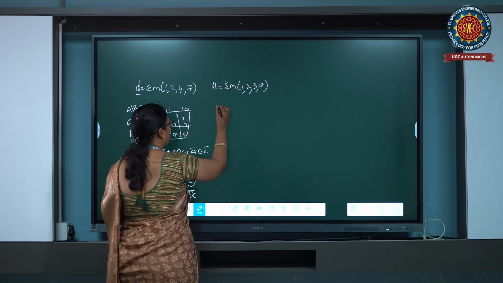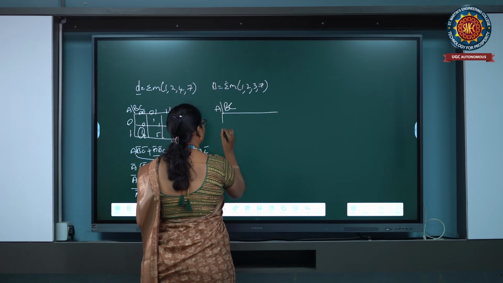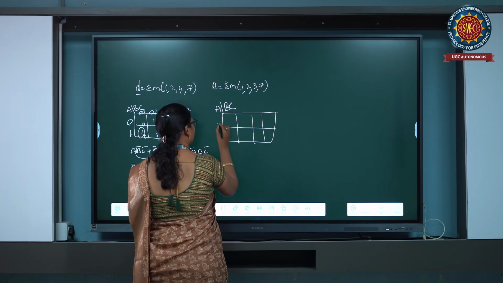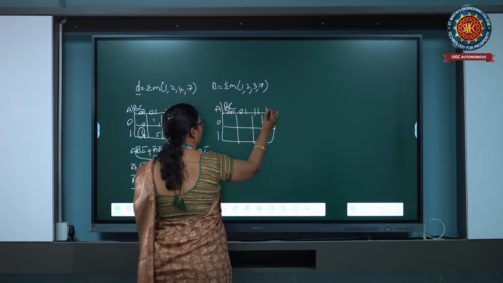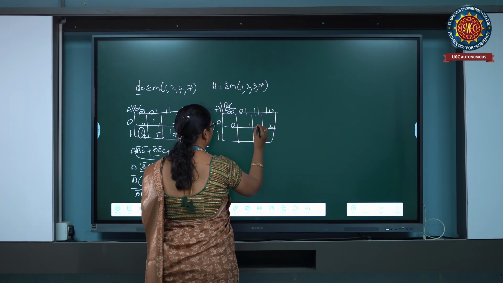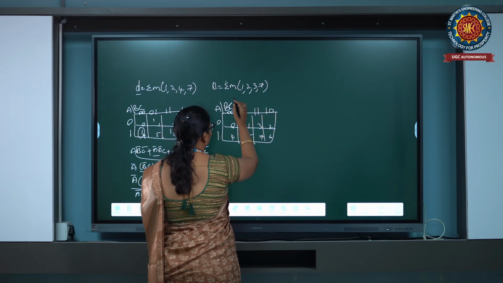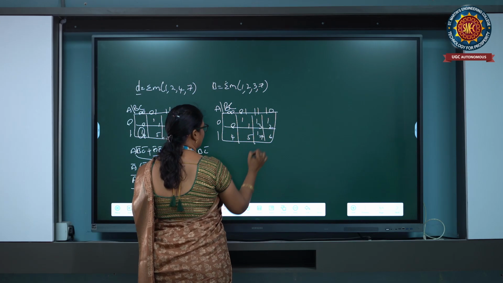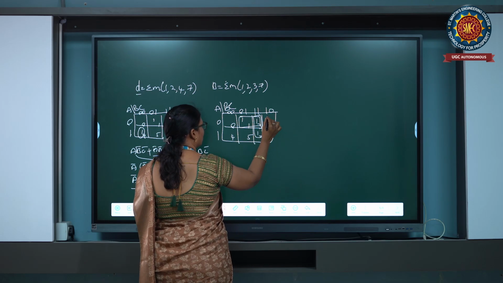If we take the K-map for the borrow, the other 2 inputs are 0 0, 0 1, 1 1, 1 0. The minterms associated with this are 0, 1, 2, 3, 4, 5, 6 and 7. The minterms where it is high are 1, 2, 3 and 7. These we can group as these two ones, these two ones, these two ones.